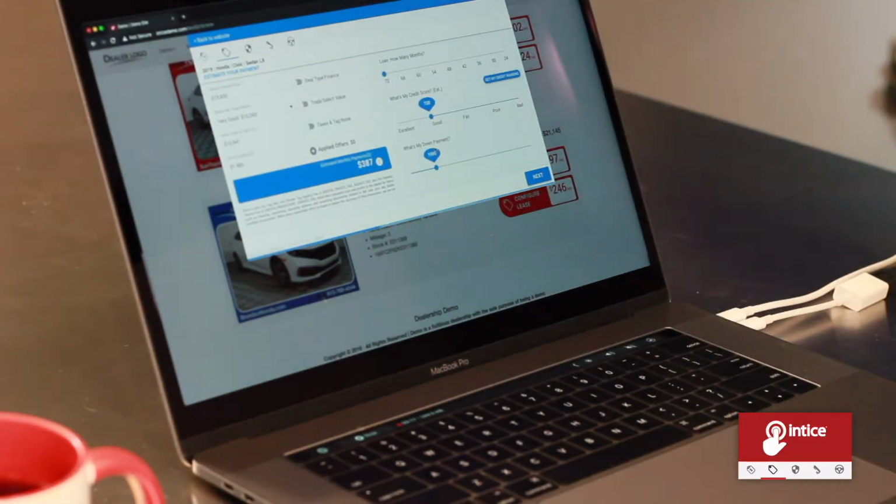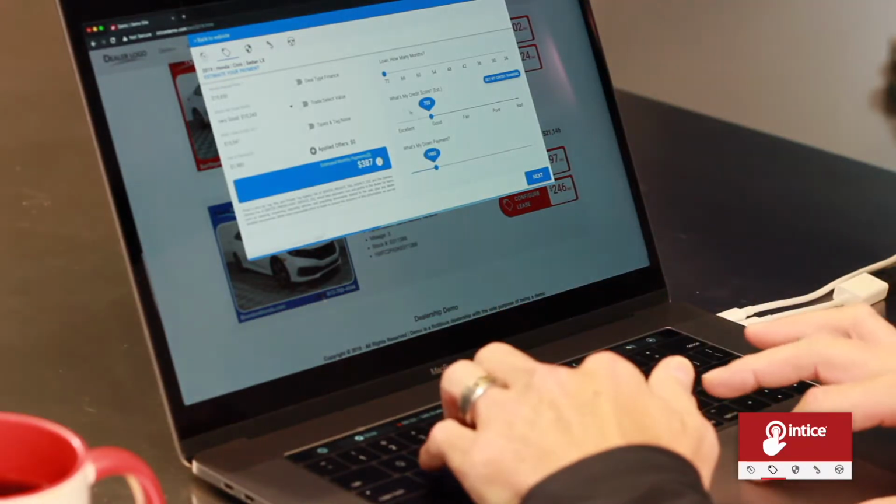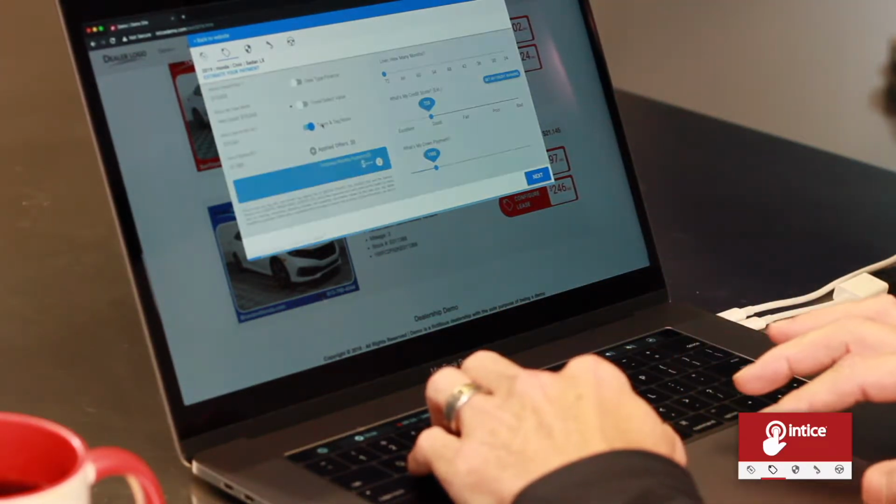From that point, we're going to go ahead and calculate a payment based on the rest of the parameters that we have here. Customer can add taxes and fees to their payment. This is going to be accurate for this particular customer, for this particular vehicle. These are all transactional information that we're providing to the customer. So as a customer provides this information, all of the information is going to be updated with live data, and it's going to be calculated with the payment that can be delivered when the customer visits the dealership showroom and